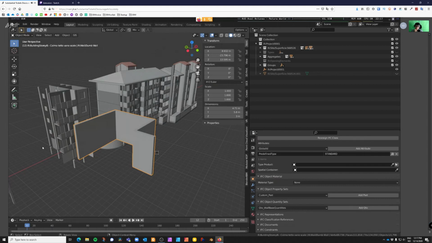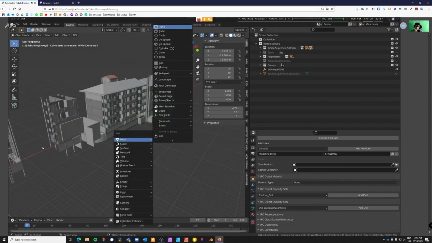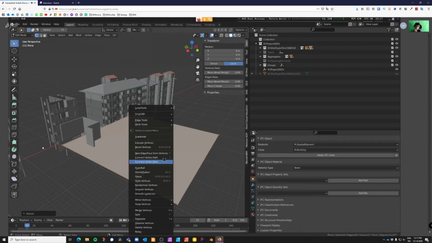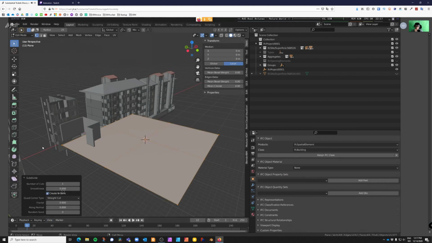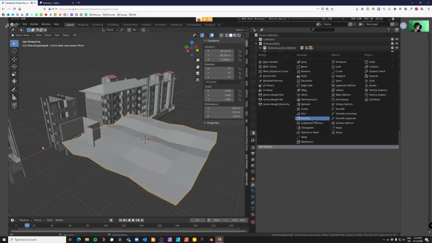Another really important aspect you might need in scan to BIM is the ability to work with meshes. And Blender is an exceptional mesh modeling package. So, for example, if I go in, let's create a simple mesh here, and I'm just going to subdivide it a few times. I think Rhino is starting to copy some of these features, the subdivision surface modeling,